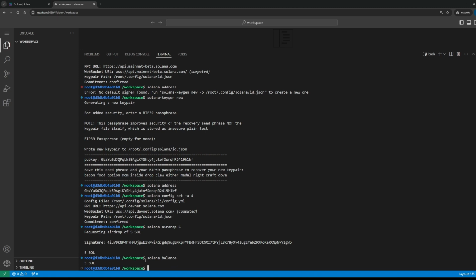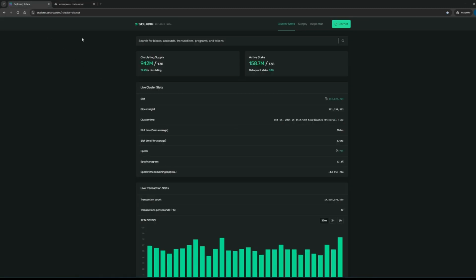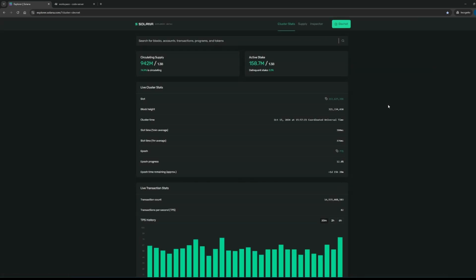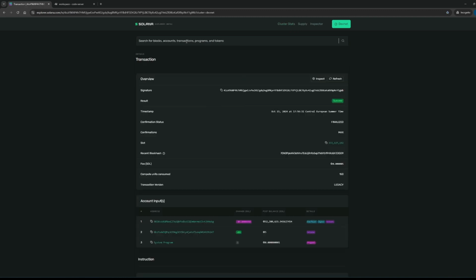What is really nice is that you can also see this on Solana Explorer. Just copy the signature and navigate to explorer.solana.com, and don't forget to change from mainnet beta to the Devnet cluster. Take the signature and paste it here.